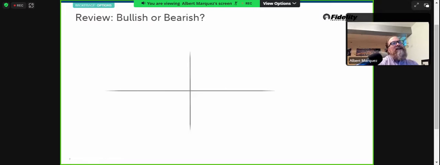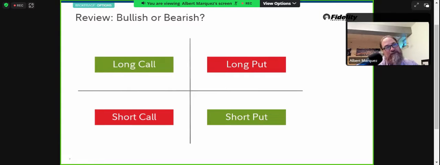And we talk about basic positions. When we're trading options, we've got basically two contracts: a call and a put. With both, we can build a position that is bullish or bearish. From a bullish standpoint, the long call as well as the short put would be bullish types of trades. So we're going to focus, of course, on long calls today. But technically, if you were bullish, you could look at a short put situation as well.